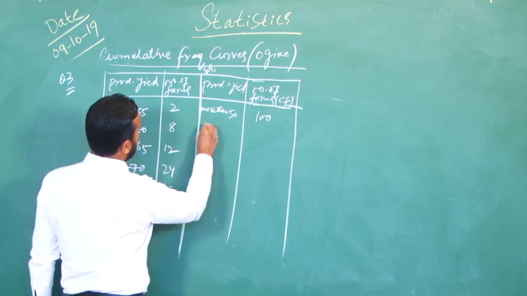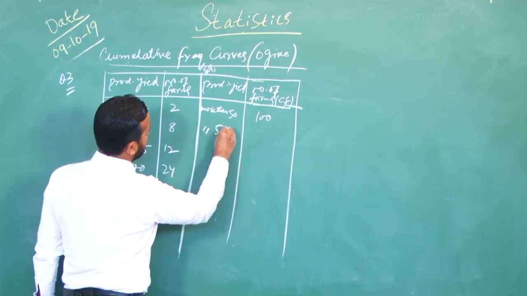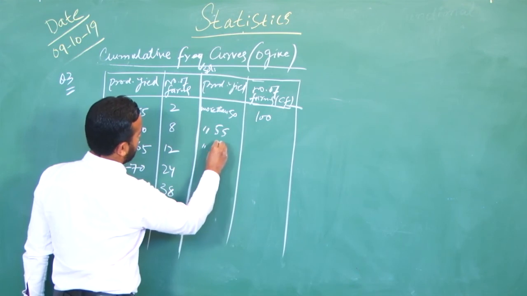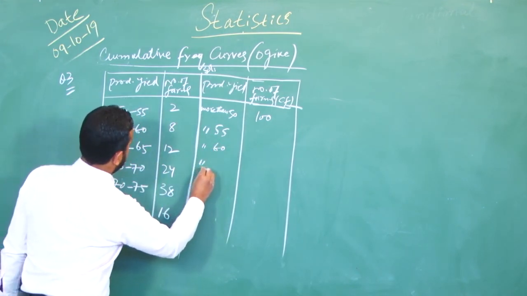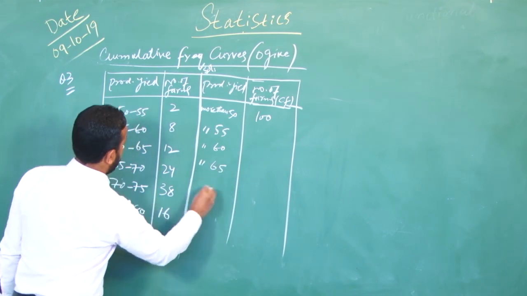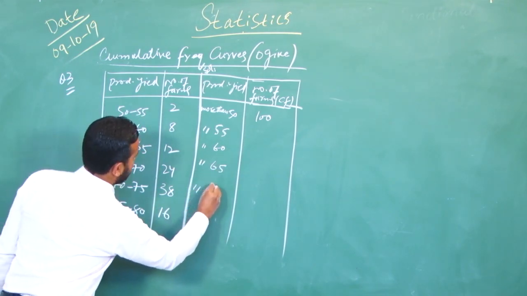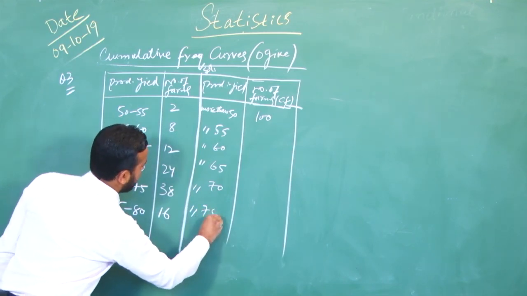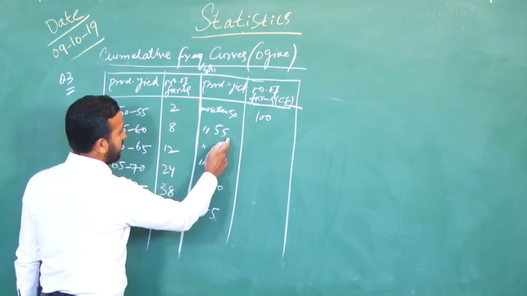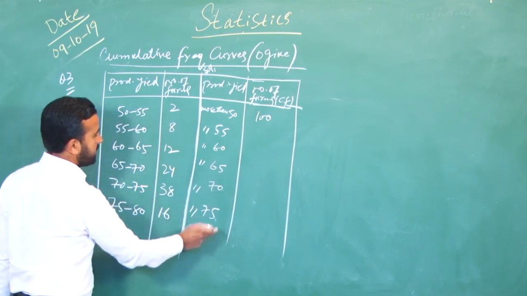Then similarly, in this group, more than 55, then more than 60, then more than 65. Then in this group we have more than 70. Similarly, the last one is more than 75. So: more than 50, 55, 60, 65, 70, and 75. Now,